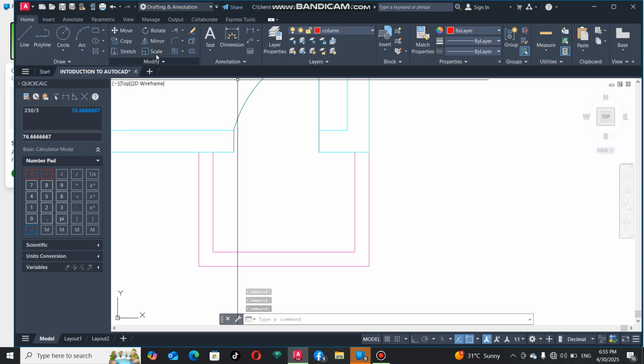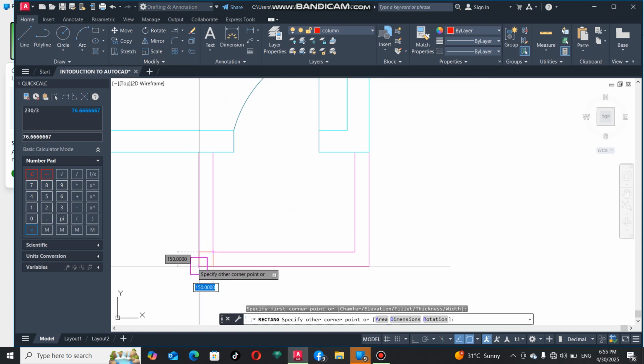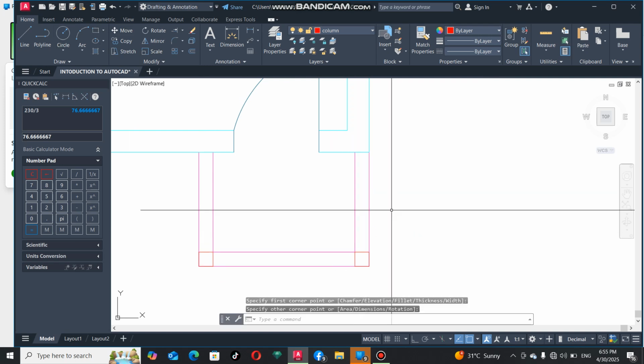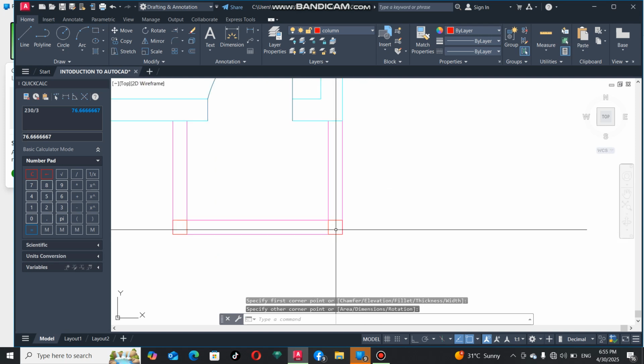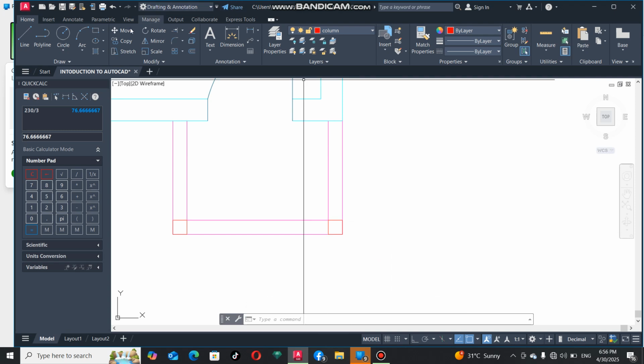Now, how do we do that? Column is a rectangle, we can just take a rectangle, click here. Take rectangle again, click here. Now this is it now. Now let's hash it now. Now how do we hash? You come here, this hash,